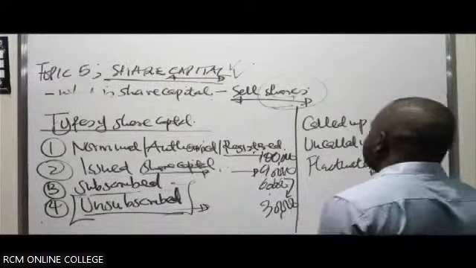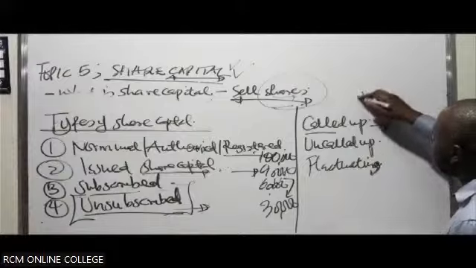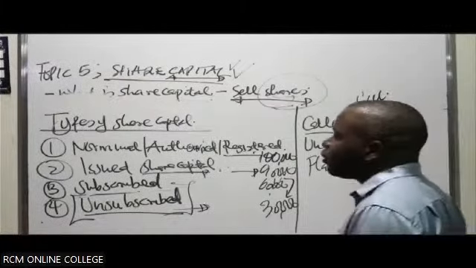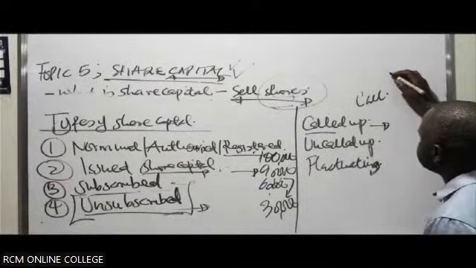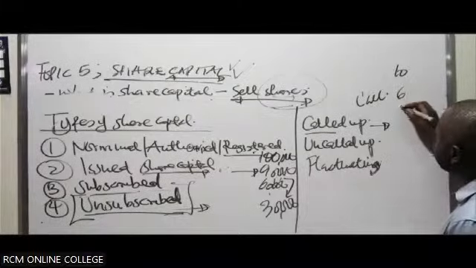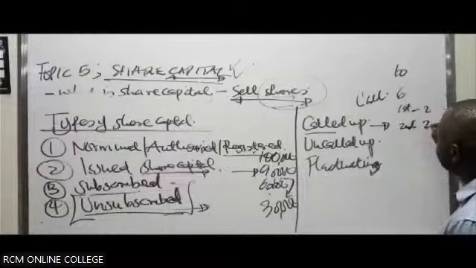Called up share capital is basically similar to what we talked about, making a call. There can be that part of the capital which hasn't actually been paid up for. Maybe there is some amount outstanding on this share capital. Because you say, for example, the face value of the share could be 10. Then you say on allotment, people have to pay 6. On first call, people have to pay 2. Second call, people have to pay 2 of the face value.